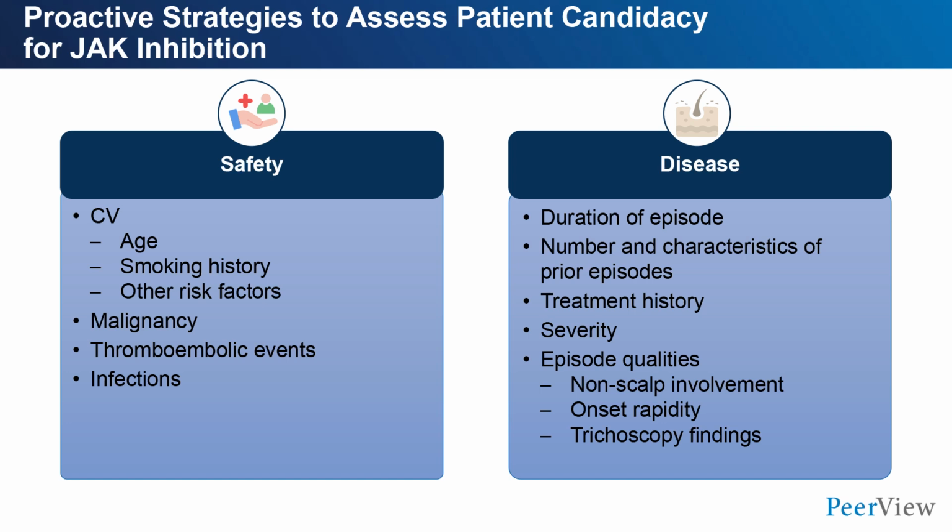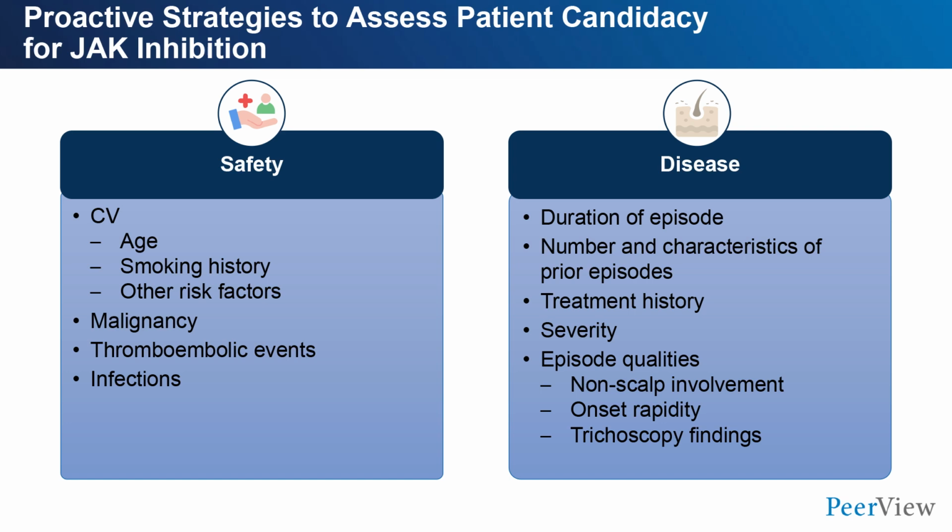When you're talking about potential cardiovascular risk, smoking history and other risk factors such as obesity, history of MI, and history of stroke are things that you want to ask your patient about and make sure that they don't have those. They should not have a risk of clotting or malignancy other than skin malignancy. But you really do need to ask these questions before you just throw someone on a medication. Certainly, if they have underlying infections, we don't want them to start a JAK inhibitor. We do usually recommend hepatitis testing and QuantiFERON-Gold testing to make sure patients don't have hepatitis or TB